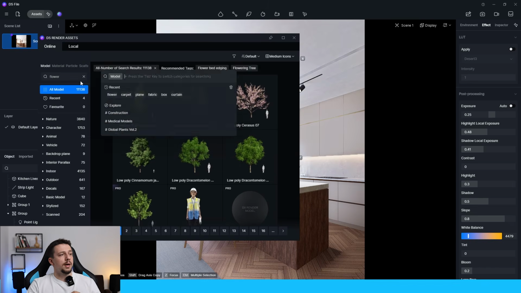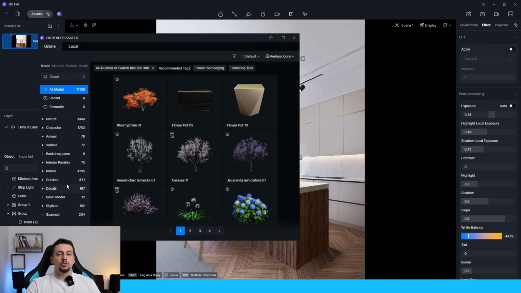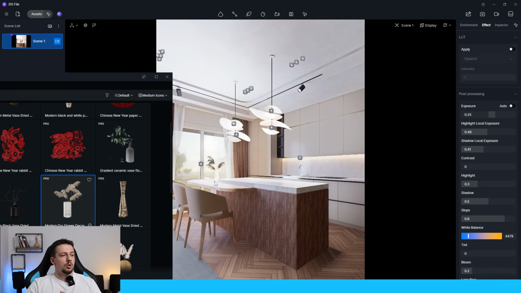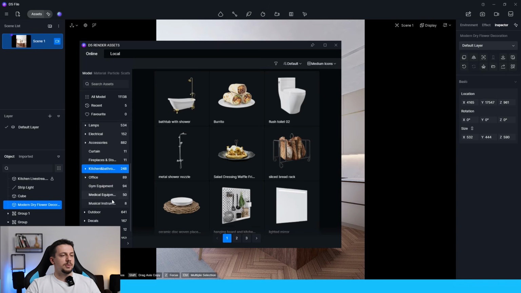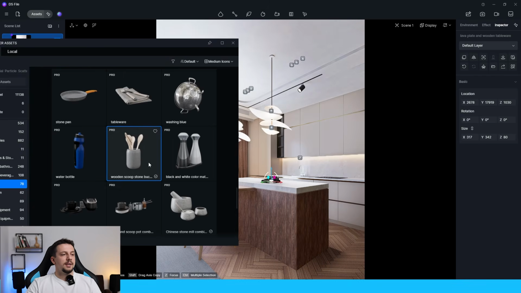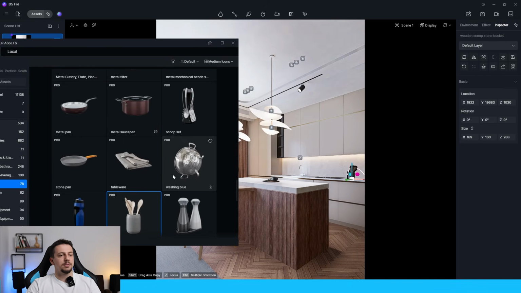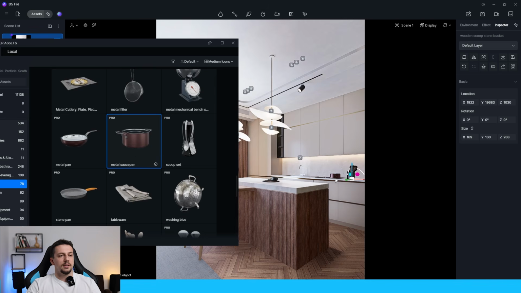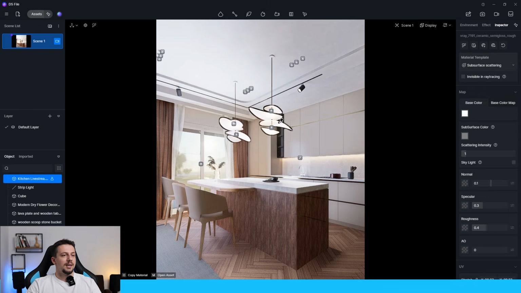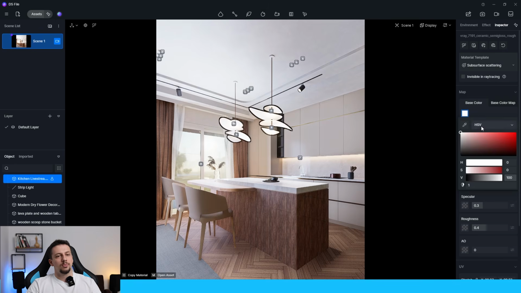Okay, so next up, I'm gonna go back to the D5 render assets, and I'm going to try and find some accessories to fill up the scene to make it look a bit more lively. So I go and find a vase which is basically like a dried flower, and place it on the table there. I found some kitchen accessories, place it on the countertop of the island as well, and then I just continue to look at some other kitchen accessories in the actual asset library and place it on the countertop in the cabinets. Placed a saucepan in the oven as well,